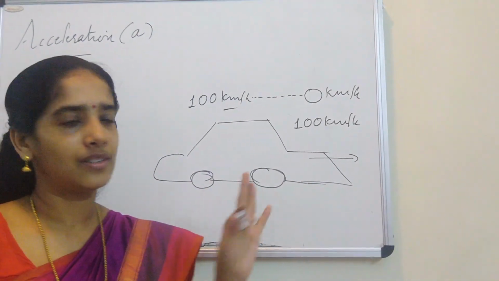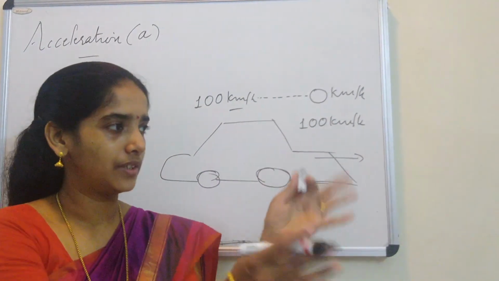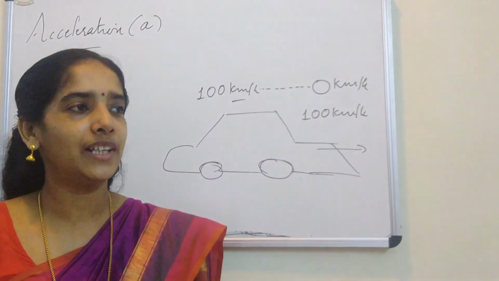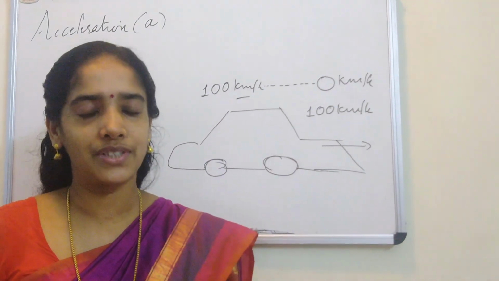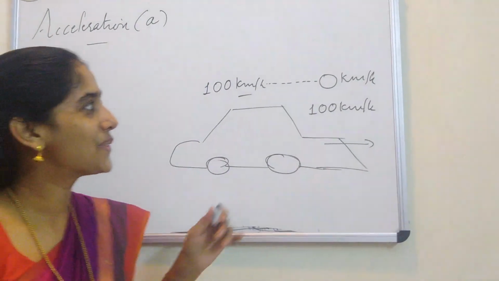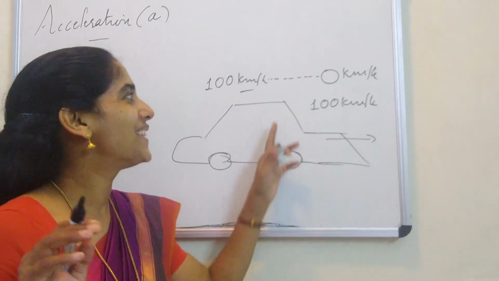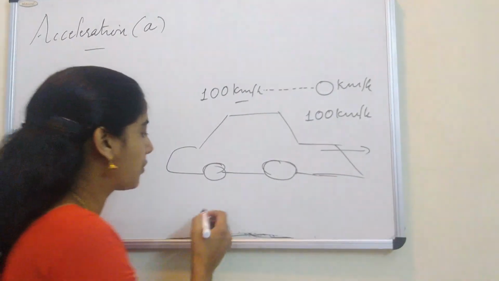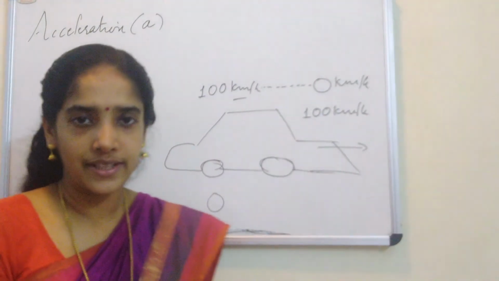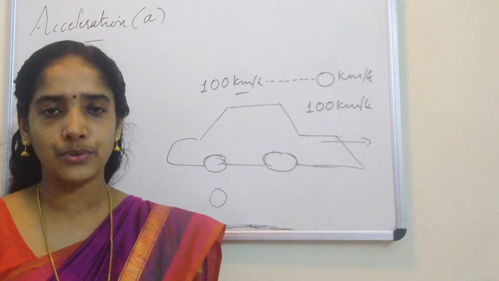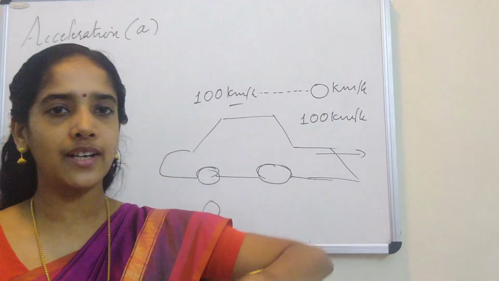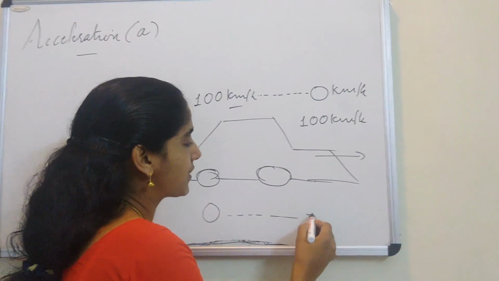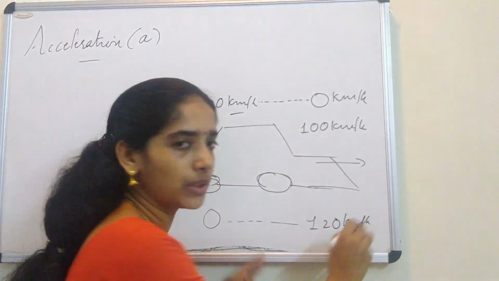Now, suppose we stopped the car near a restaurant, took some tea, and had a break for 10 minutes. Now we are rejuvenated and ready for the journey. We resume the journey. When we start, what is the speed of the car? It is 0. The car is at rest. Now we have to turn on the engine and press the accelerator, so that gradually the velocity of the car starts climbing up. The car starts speeding. Suppose finally the velocity reaches 120 and we reach a comfortable speed for the car.